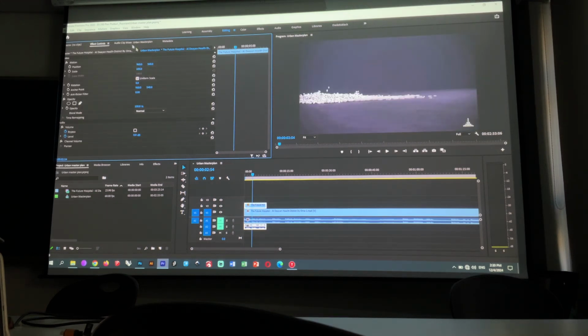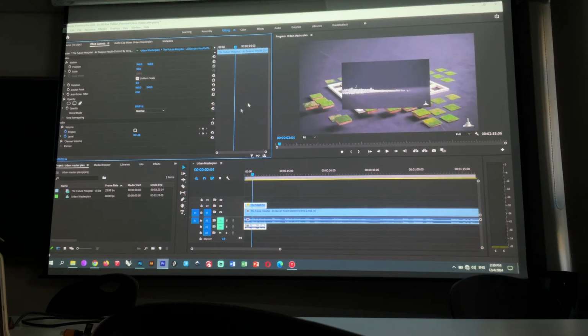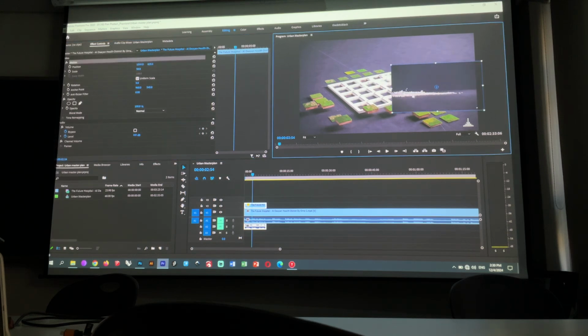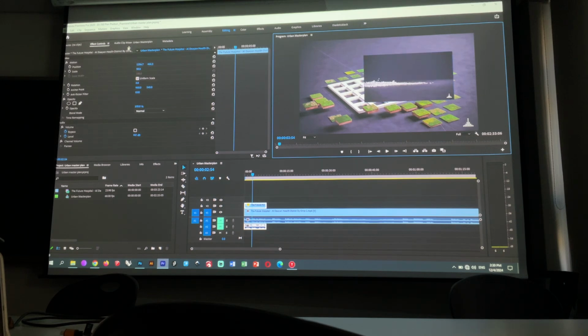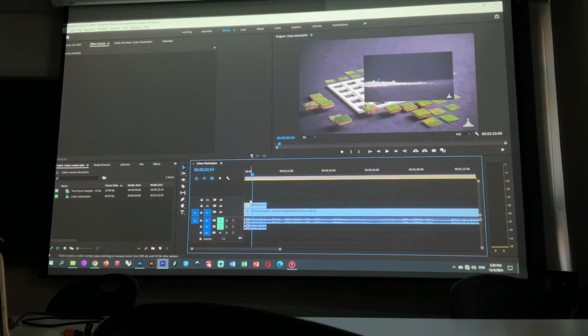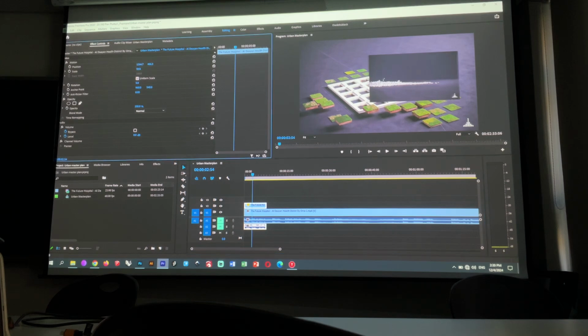Okay, now it's too big, so let's change the scale. Let's make it only 50, there you go, 50%. If I want to move it to the right, let's move it pixel-wise. You know already, the size is 1920 by 1080 pixels, right? It always starts from the center. I can also double click and move it manually, but that's usually not good because you can't really do it properly. Okay, I put it there, maybe let's make it 25% scale. And I put it up here, and that is